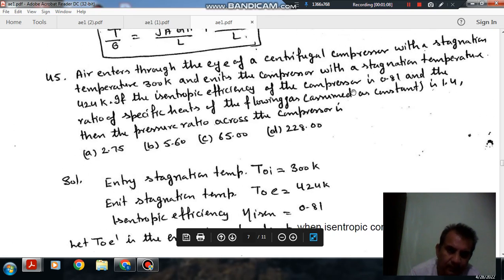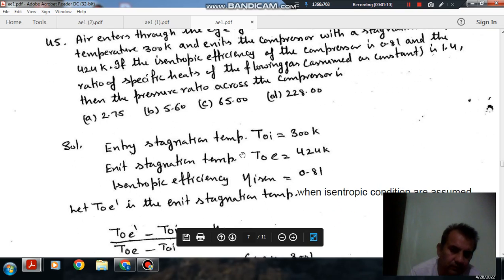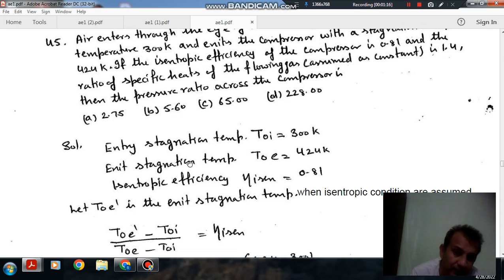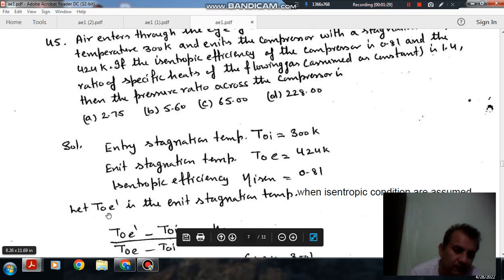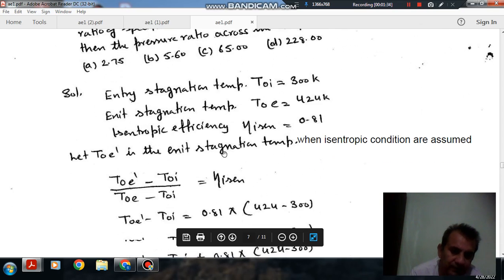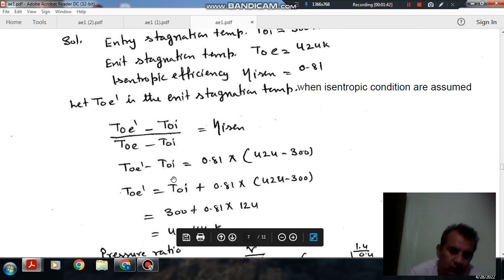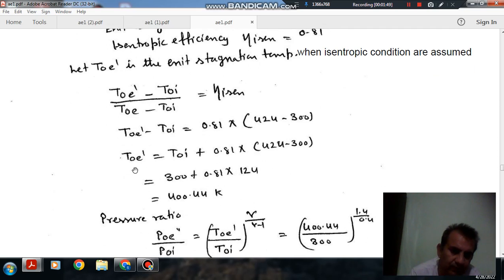Isentropic efficiency is 0.81. Okay, so the entry stagnation temperature is represented by TOI and exit stagnation temperature is represented by TOE when we consider the actual process. If the process is isentropic, then suppose the exit stagnation temperature is TOE dash. As isentropic efficiency is given, (TOE dash minus TOI) by (TOE minus TOI) is your isentropic efficiency. Now we have TOI, TOE and isentropic efficiency, so we can find out TOE dash, so that is